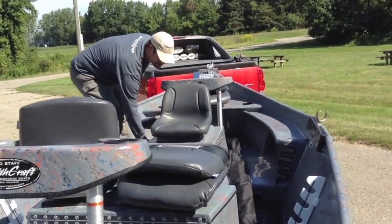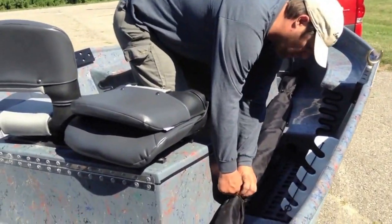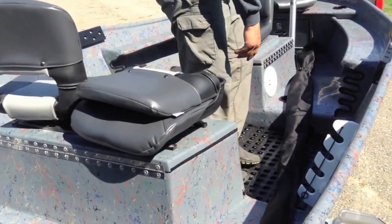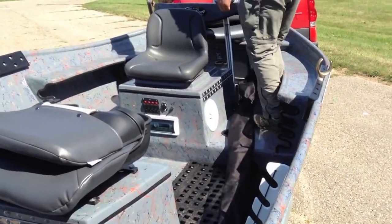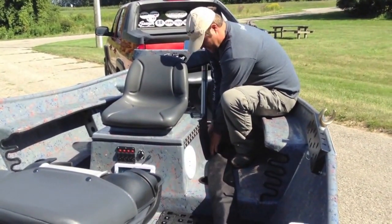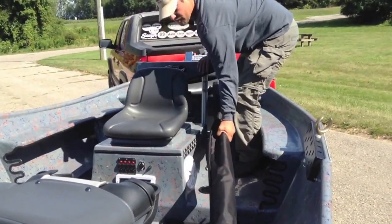I can get at all these boxes just fine. And what we do is, you see we have this simple bungee system here on the floor, and I usually just put them right back. They don't seem to catch fly line that bad. And really, believe it or not, your oars get banged up the most, not on the river, but traveling. So we've got these oar